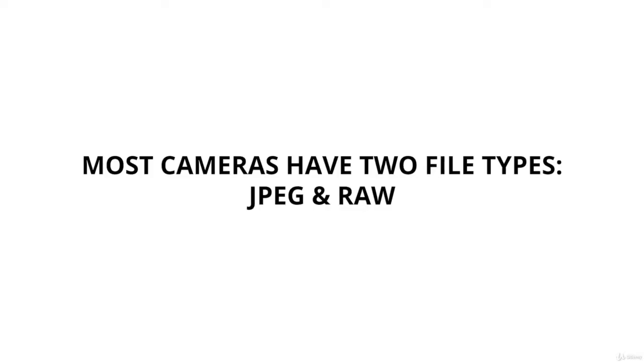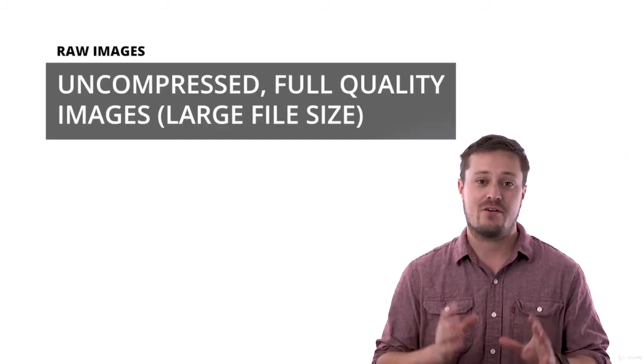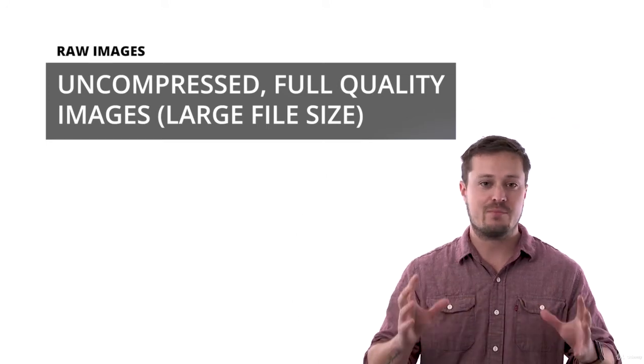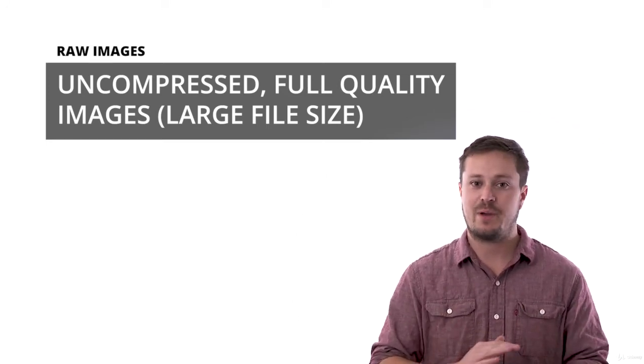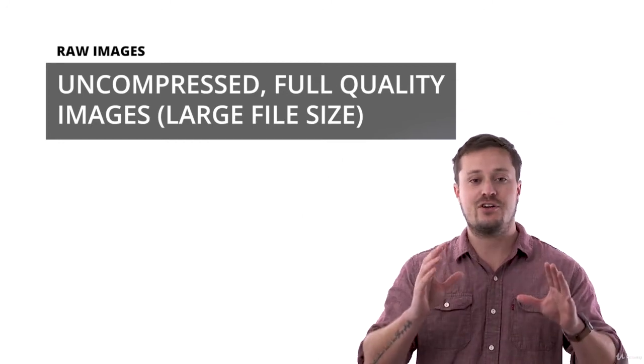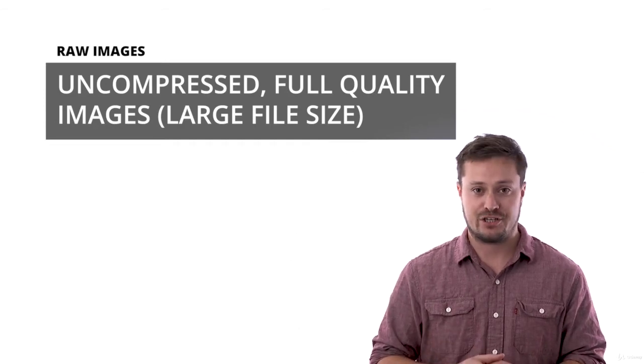Most camera systems will either save the photos as a JPEG or a RAW image. RAW images will be just what it sounds like. They're raw, in that they will preserve the native settings of the image. It will not be compressed or downsized or processed by any other setting in the camera. It will be the full resolution the sensor in your camera can produce without any loss or change in information.